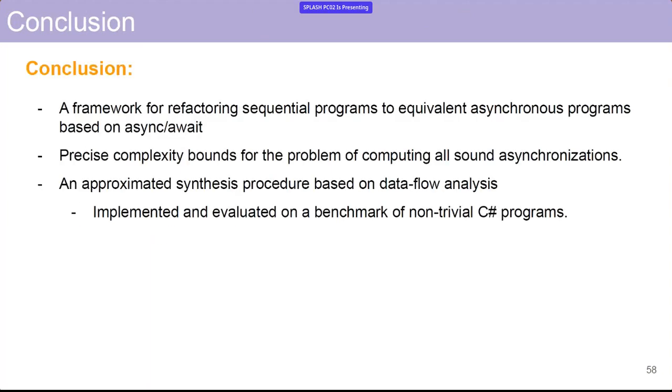To conclude, we presented a framework for refactoring a sequential program to an equivalent asynchronous program based on async await. We gave a precise complexity bound for the problem of computing all sound asynchronizations. Then we used that reduction to develop an approximated synthesis procedure based on data flow analysis, which we implemented and